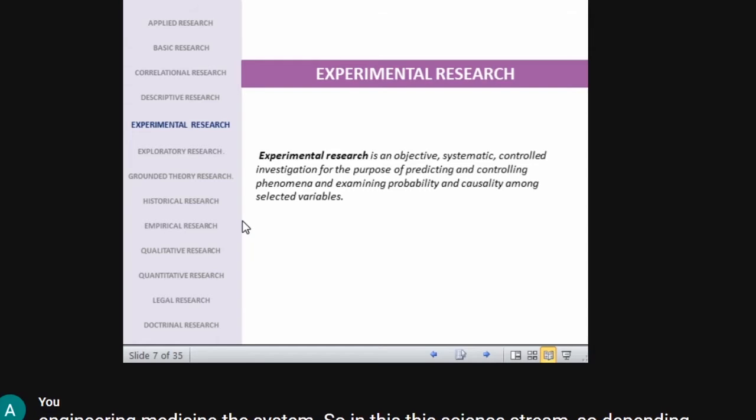So one group is the controlled group, one group is the experimental group. So you are comparing the results of both the groups and conducting an experiment, right? So this kind of research is called experimental research, where you have a set of population or sample, and you are dividing them based on certain parameters, certain phenomena, certain variables, and then you are controlling the group and see how the effect of that phenomena affects or improves the performance of the group. When you are experimenting based on two groups, that is called experimental research.